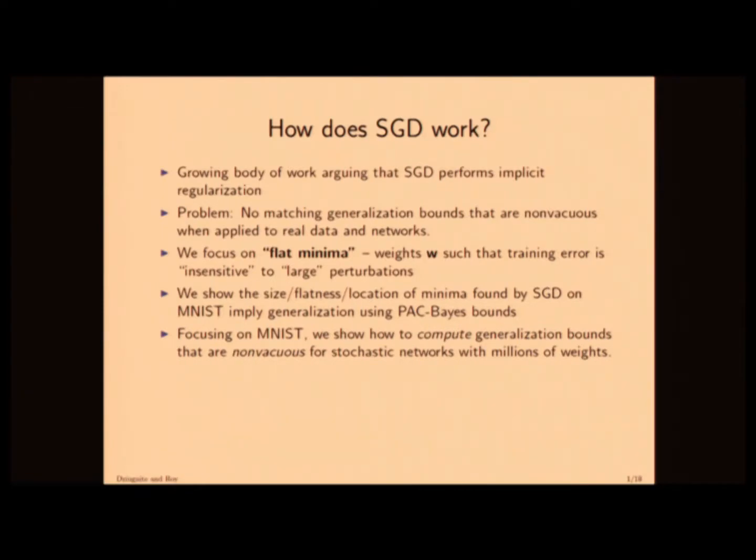And then from my perspective as a newcomer, the problem that I saw with this story was that there's no matching generalization bound that is non-vacuous in the regime of real data and realistic networks. So we went off and evaluated some of the bounds that are out there, bounds in papers from 2015 and bounds from papers on deep learning, that one might expect to be non-vacuous, but they were far from non-vacuous. So that intrigued us. I was new to the area.